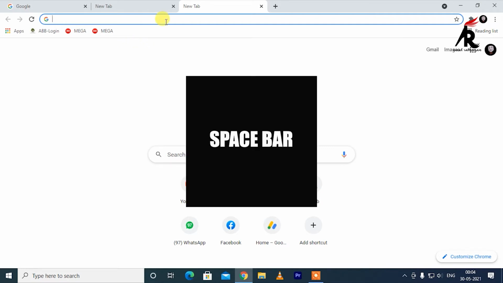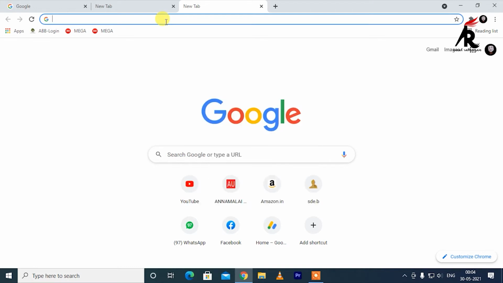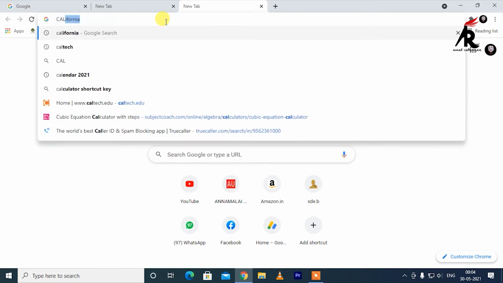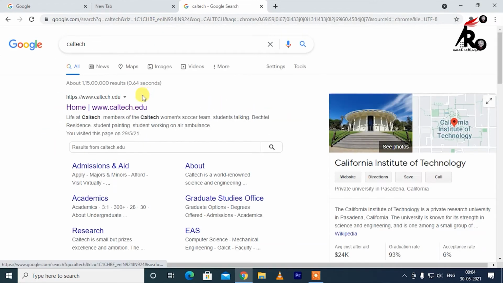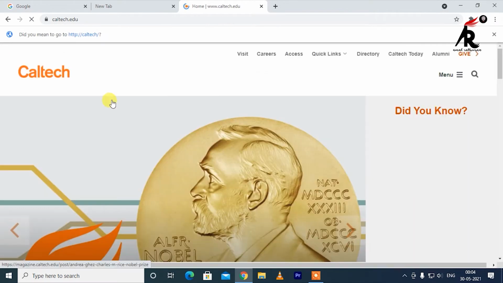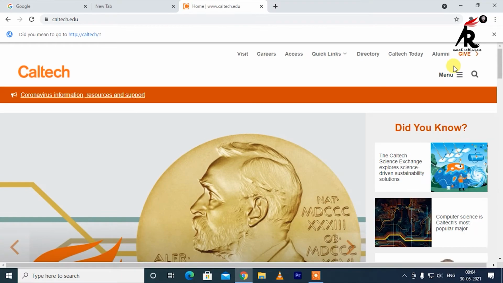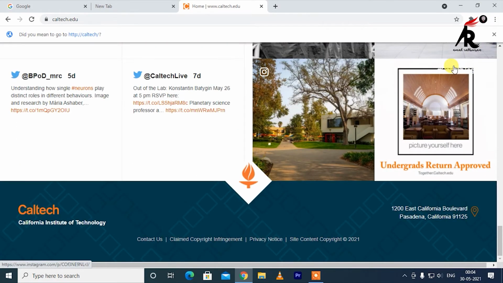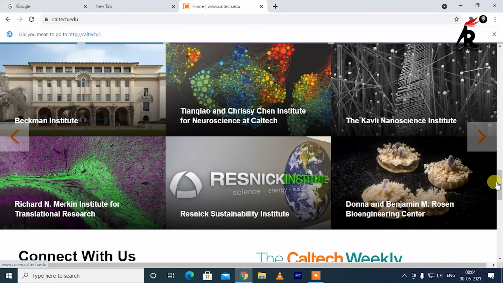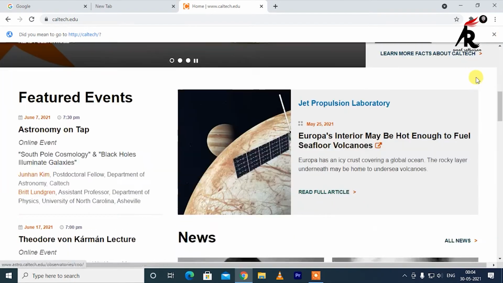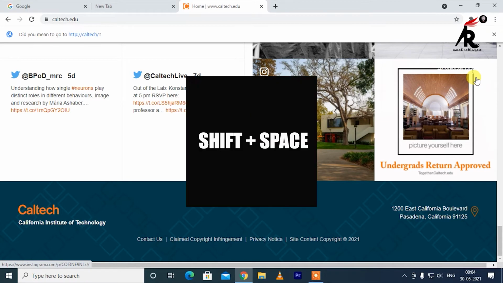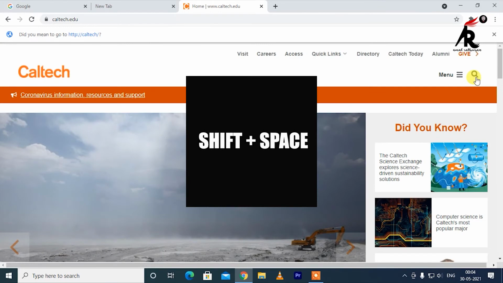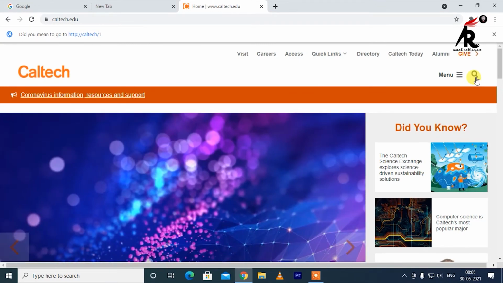spacebar. Just pressing the spacebar. I'll show you. Just search Caltech. Okay, we have the website here. Then space. The page will scroll down. So the next shortcut will be Shift plus spacebar. It scrolls upwards. Okay. So the next shortcut is